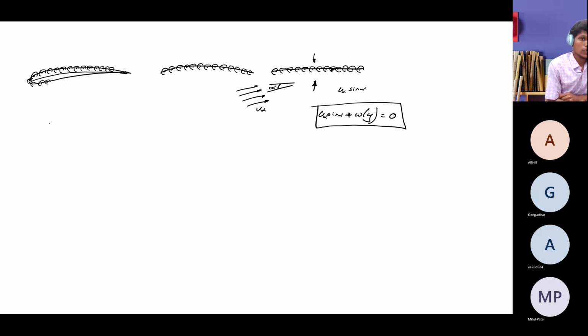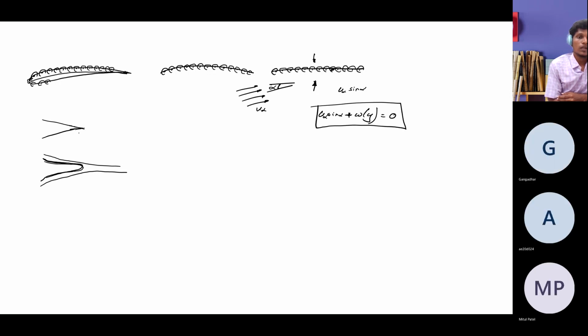From this understanding, we also got an ambiguity of how to deal with the trailing edge. It is now clear how to model the flow and the lift coefficient of the entire airfoil, but how to handle this trailing edge? There are two concepts we already discussed very long back: how to handle the sharp trailing edge or the cusp trailing edge. For a cusp trailing edge, we know that from the Kutta condition, the flow should leave the trailing edge smoothly, and the circulation at the trailing edge should be 0.